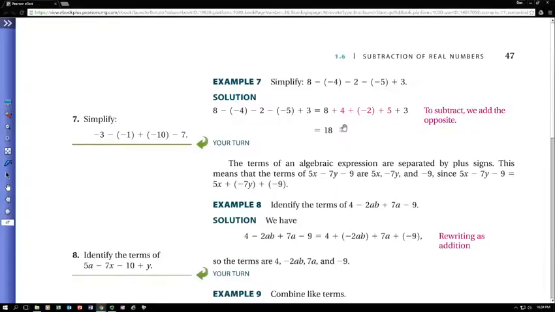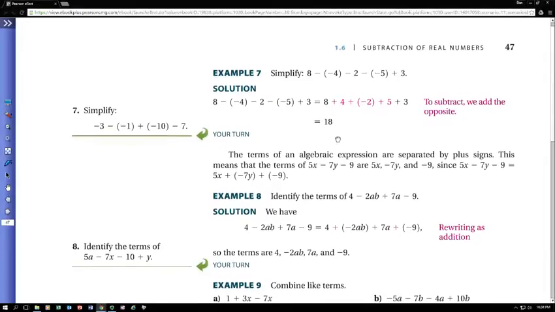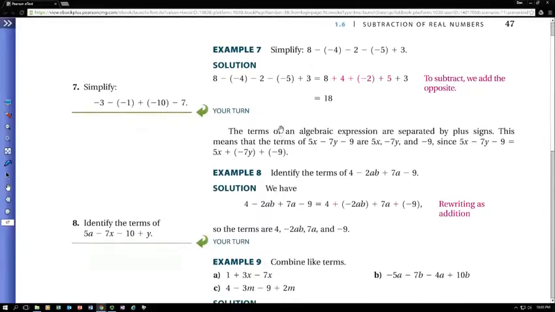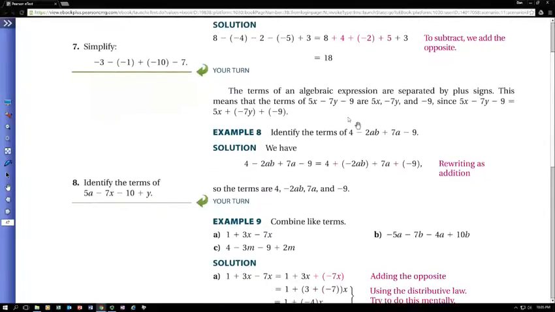And then I do the addition. I don't see any great advantages to changing order. But you could add all your positives and you'll get 20 plus a -2, which is 18. Now, same thing happens